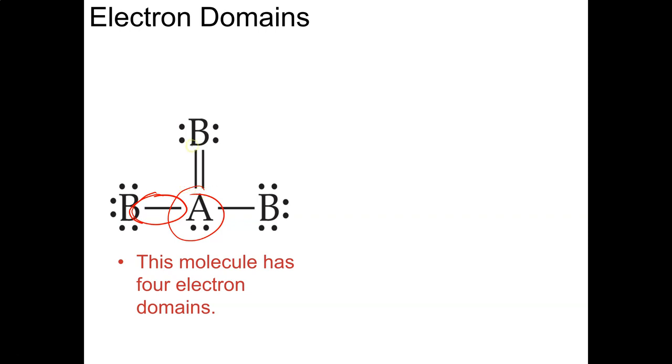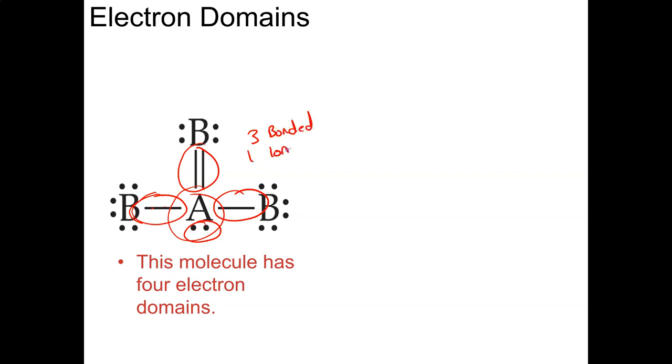This looks like it's two regions, right? Because it's a double bond. No, just one region of electrons. Whether it's a single bond, a double bond, a triple bond, or even a lone pair, it just has one domain. So there's 1, 2, 3 bonded domains, that's what we're going to call them, and one lone domain. So 3 bonded